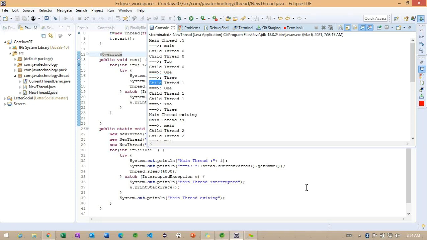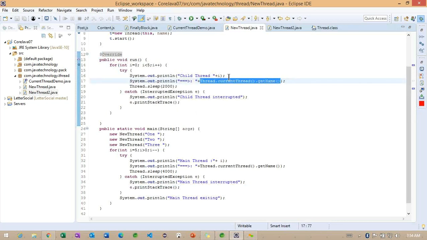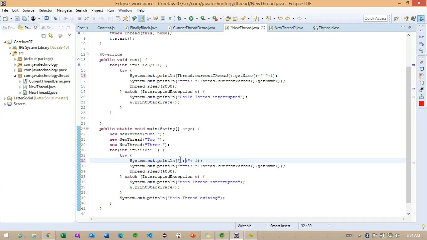So instead of specifying this message, now I want to make it here so that we'll understand more clearly.